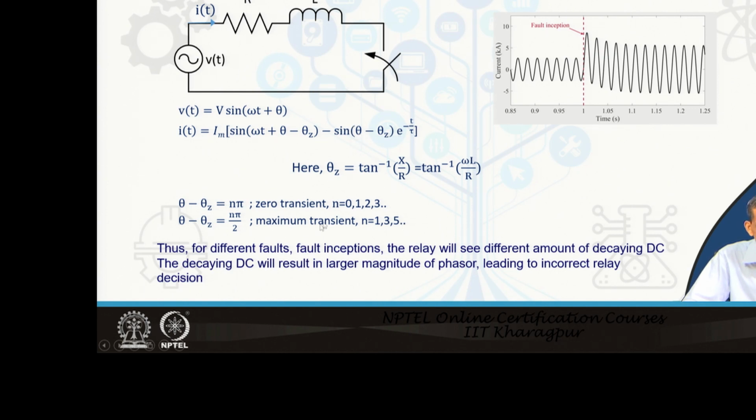So, when this becomes significant for this n pi by 2 perspective, then we see that the current magnitude will be affected. Therefore, overcurrent relay, distance relay, and so on, which use the corresponding fundamental component current, are expected to malfunction. To avoid that, we need a mitigation strategy: how to eliminate the corresponding decaying DC part from the fundamental phasor estimation process.